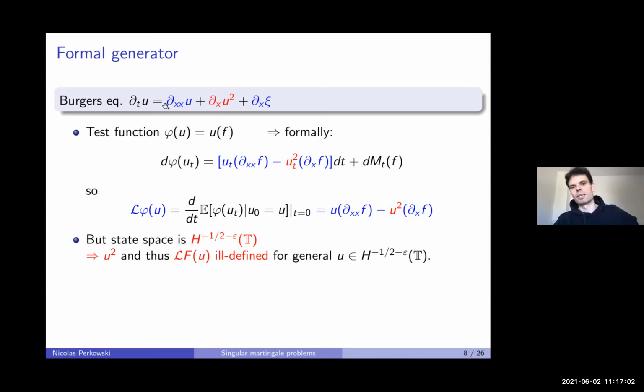The nicest function I can think of that you can define for a distribution is just testing this distribution against the C infinity function f. So let's do that. So just a linear test function. And then we get,